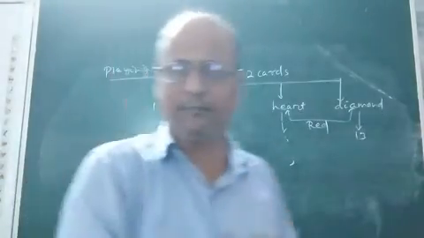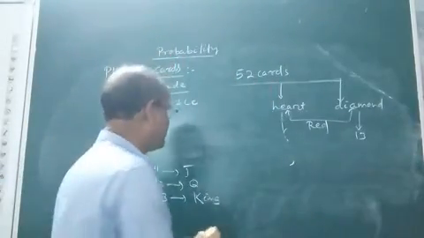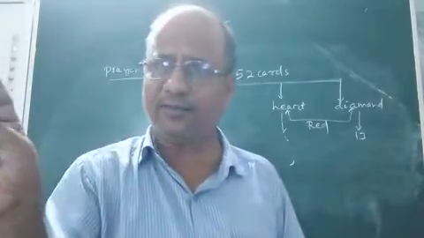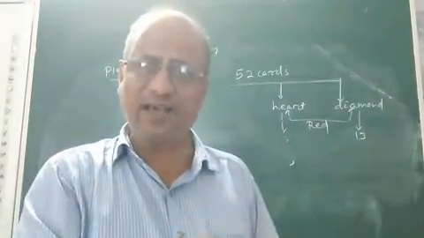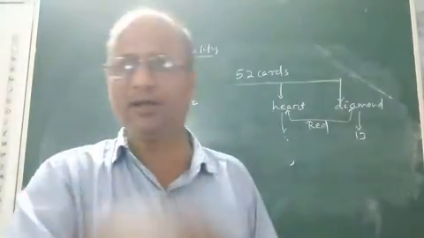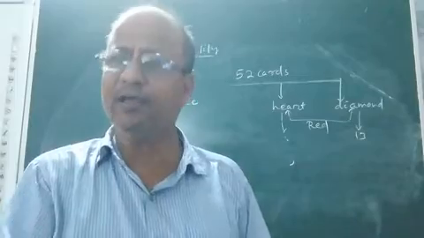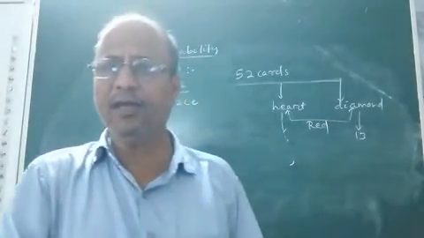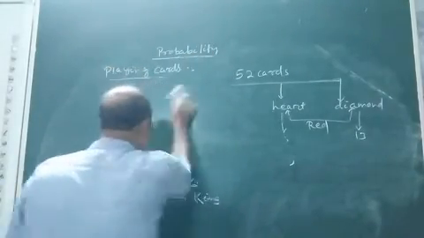Now another thing is face cards. From this discussion we came to know that there are a total of 4 ikkas, 2 red and 2 black. Then 4 jacks, 2 black jacks and 2 red jacks. 4 queens, 2 red queens and 2 black queens. 4 kings, 2 black kings and 2 red kings, in a well shuffled pack of 52 cards. Now what are face cards? Let us discuss face cards.